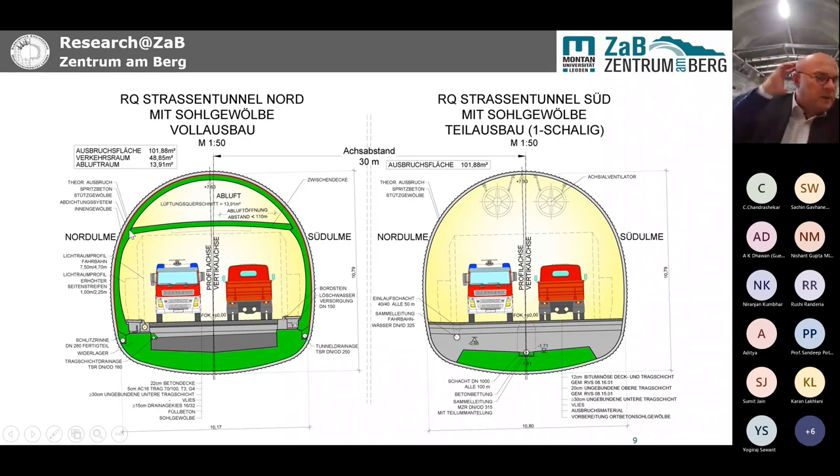You know, if you have a tunnel which is, let's say, longer than 4 kilometers or 5 kilometers in this range, depending on the traffic what you have, depending on the amount of lorries, and of course also on the inclination of your alignment, you will produce, let's say, poisonous gases in the tunnel. CO is an example. And then, of course, you have to press in fresh air from another channel. And this channel is here, the channel which is separated by this ceiling, so that you bring the fresh air to the drivers of the lorries or cars, and then bring out the harmed air through the main